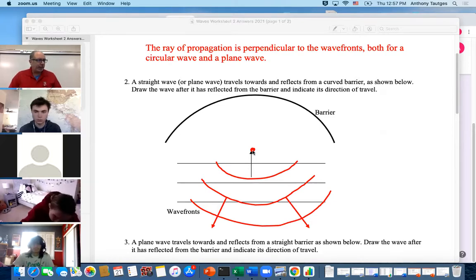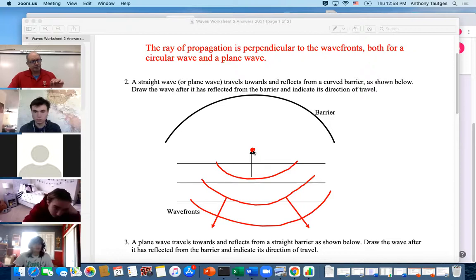As an example, in my video, I described a satellite dish. If you have a satellite dish in your home, it's pointed at a satellite, and the radio waves come from that satellite, and they reflect from your curved barrier, and they're all concentrated to a point. They're all focused to a point, and that's where the pickup is. And so you pick up the signal, and it eventually becomes a TV signal or whatever.